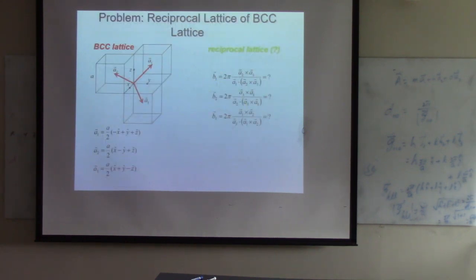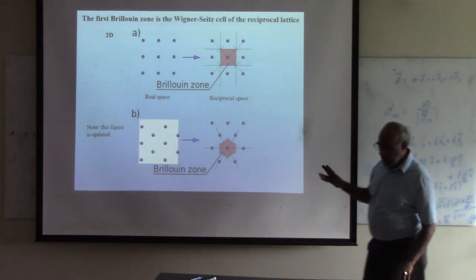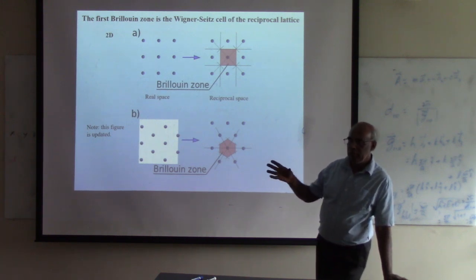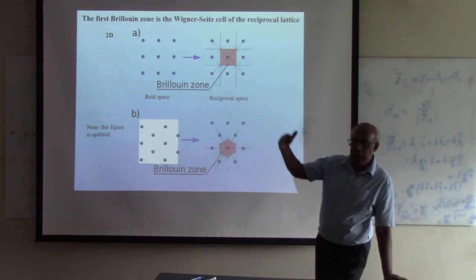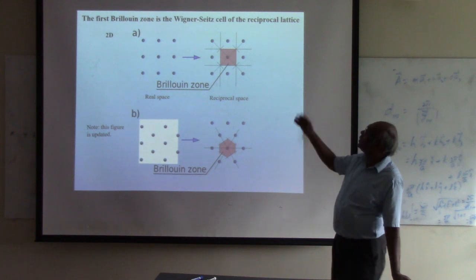Yeah, we did this one. So last thing, remember we talked about the Wigner-Seitz cells. Wigner-Seitz cells means in real space we take the nearest neighbors and we just bisect them, right? Now we are going to do the same thing for the